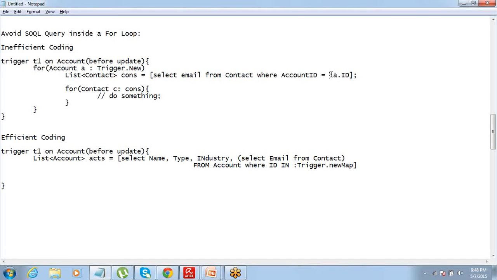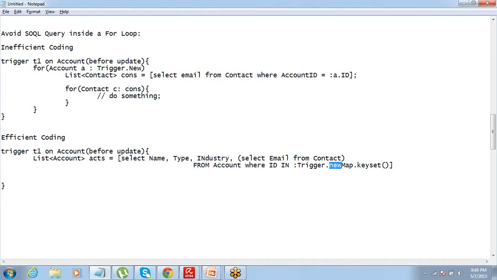Instead of doing this, I could have used a set of IDs myself. But if it is a trigger, then there is a context variable called Trigger.newMap. You remember we talked about that, right? So get the key set from there. It will only get the unique IDs from Trigger.new.